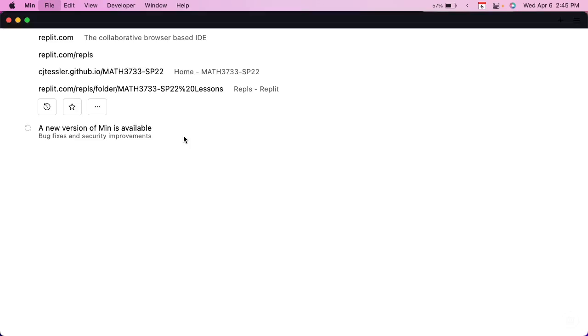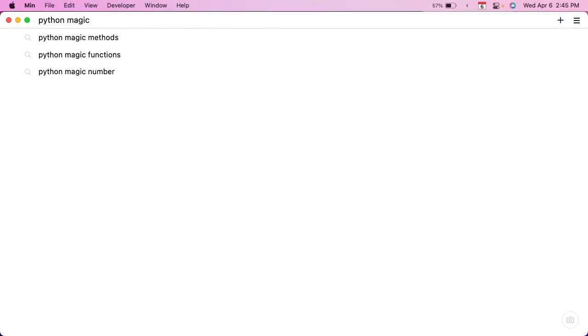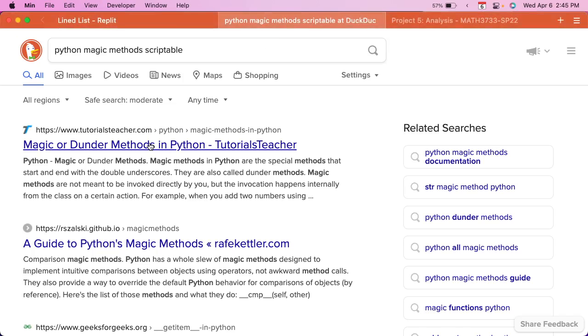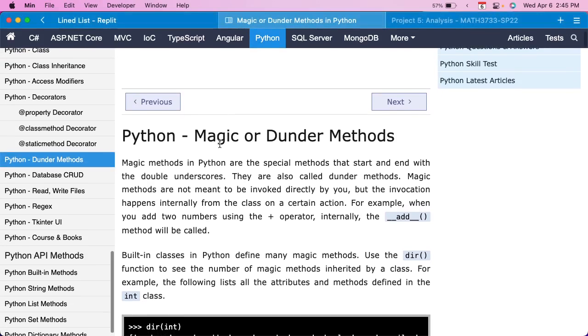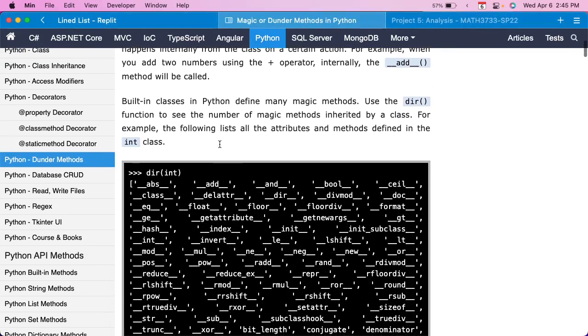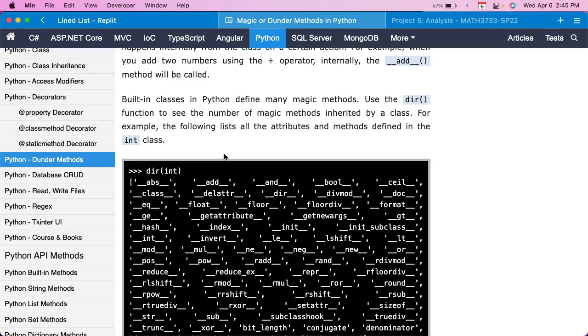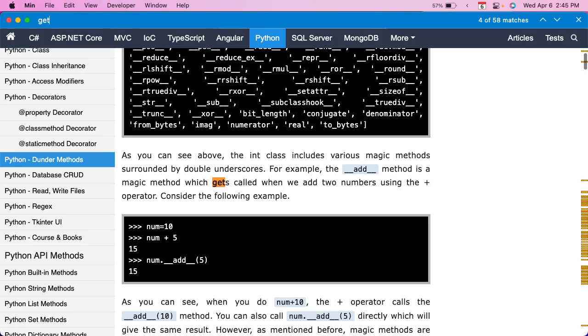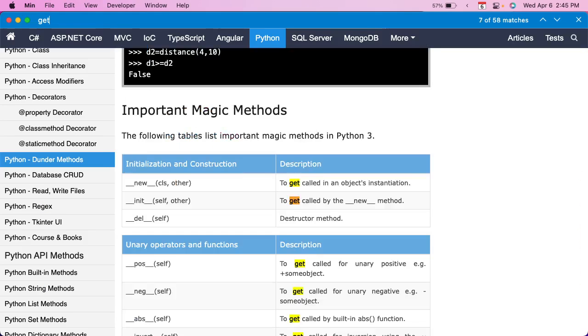Okay, so Python magic methods, scriptable. Let me see right here. So these dunder or magic methods in Python basically implement certain functionality. So list is a class that whenever you use that bracket notation, it'll grab the second element. So I wonder if it's __getitem__,